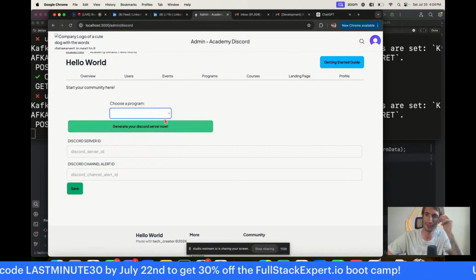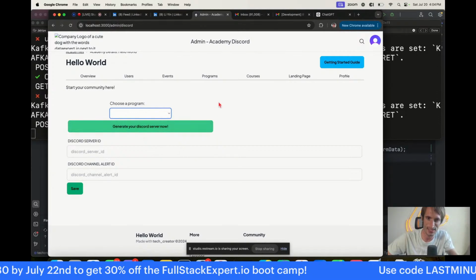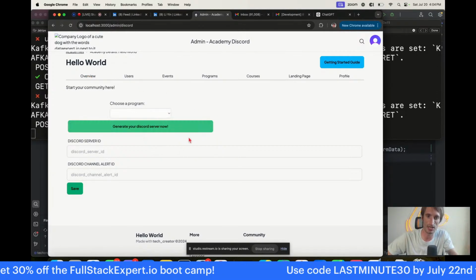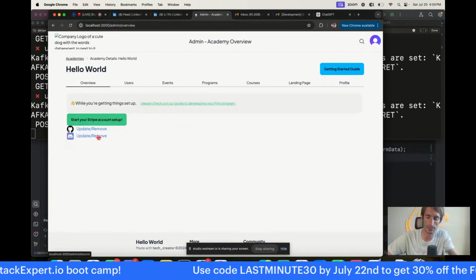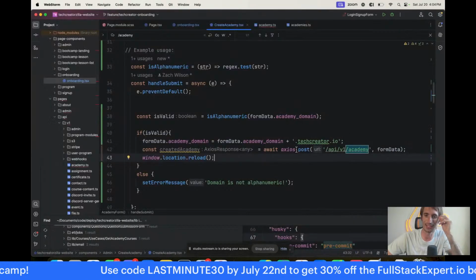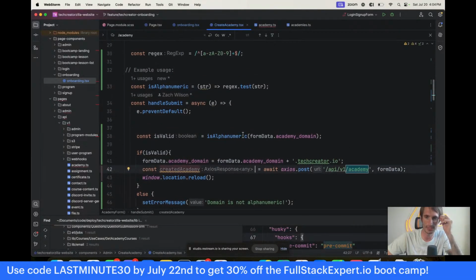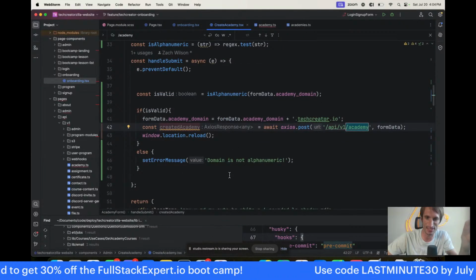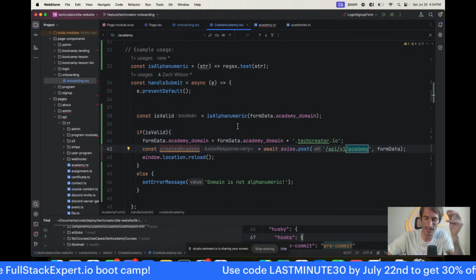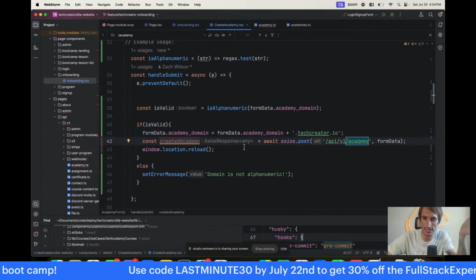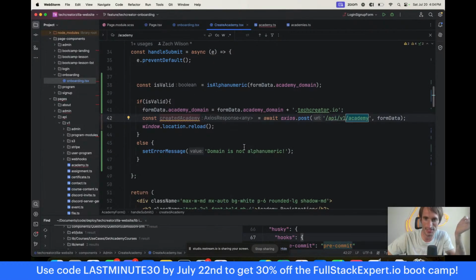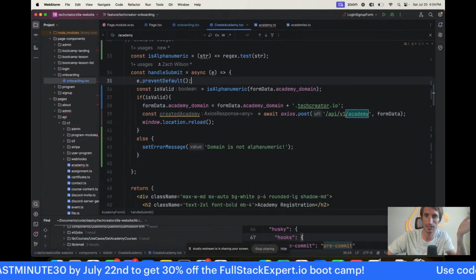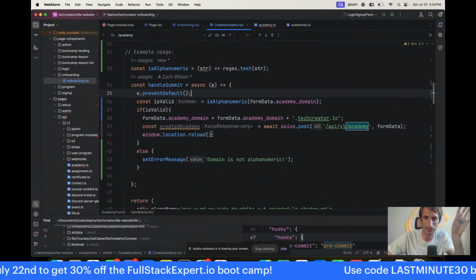If the Discord server doesn't exist, I want that to just be on the overview. I want it to be over here, because honestly, they don't really need to have a program. The program is only necessary if you want to have paywalled stuff. But some people don't need paywalled stuff. They want to just have a community, and the community itself can be paywalled, but I'm talking about